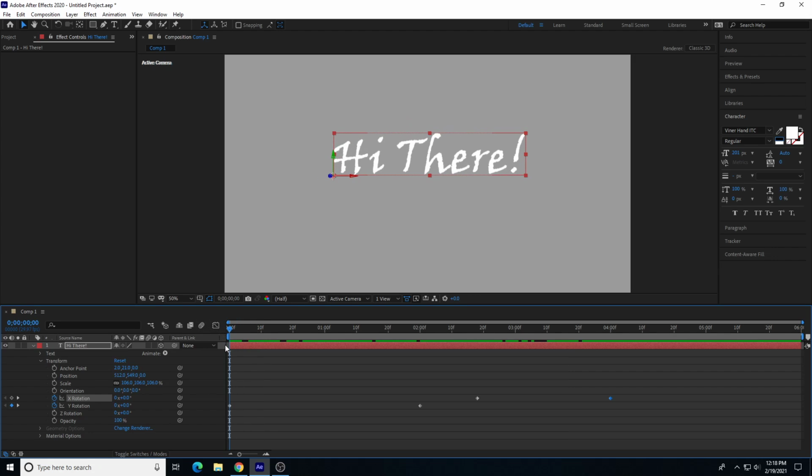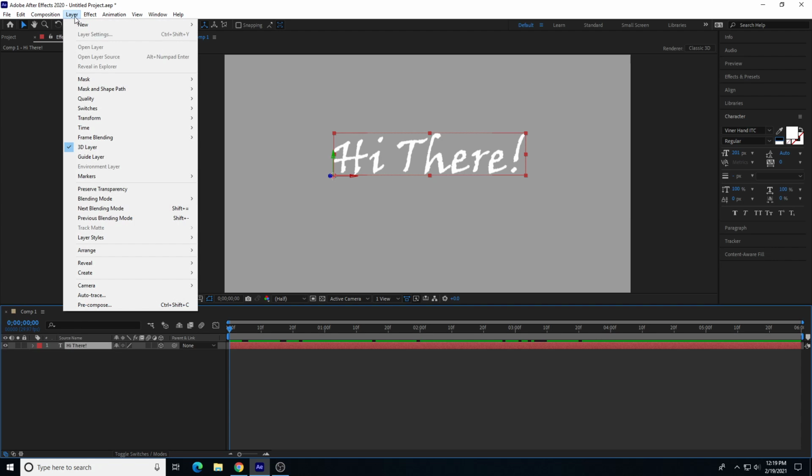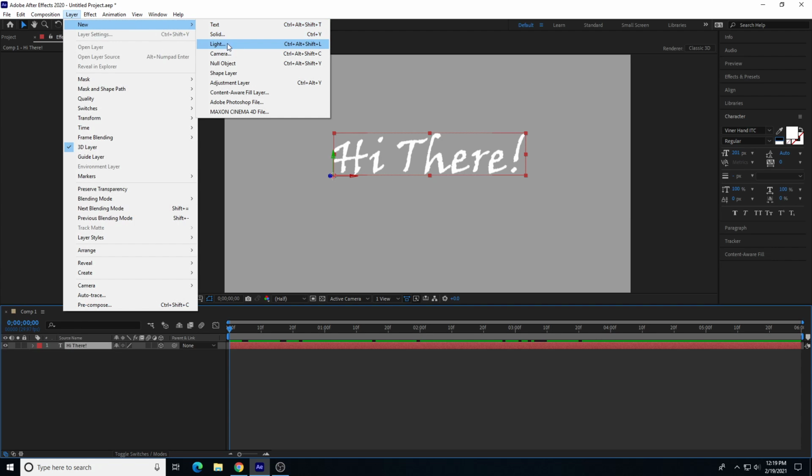So that's some of the things we can do there to show motion in a different way. Okay, so the other thing we can do is actually animate the camera to see things in perspective, and animate the camera to get closer, further away, and actually have camera adjustments as well, like depth of field, aperture, and things like that. So if I go to Layer, New, and Camera,